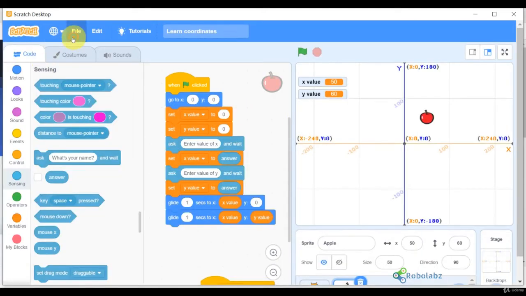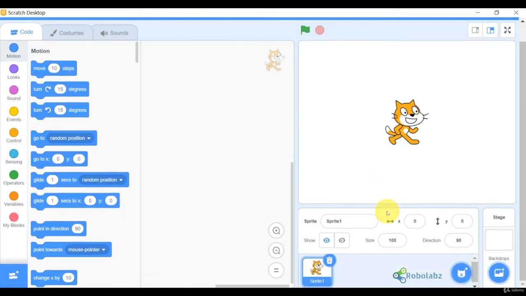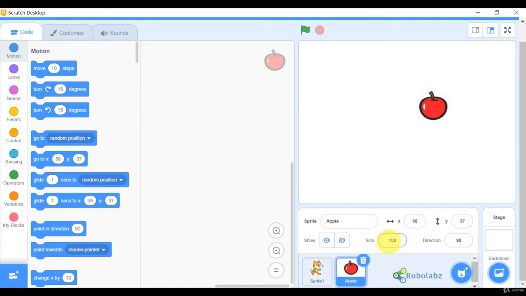So what I will do is I will directly go to new. Okay, so the very first thing we will do here is we will select a sprite, the apple, and we will delete the first sprite. Now this apple is very big, so we will reduce its size to 50. Oh, we have to select the apple first and then reduce its size to 50. Now